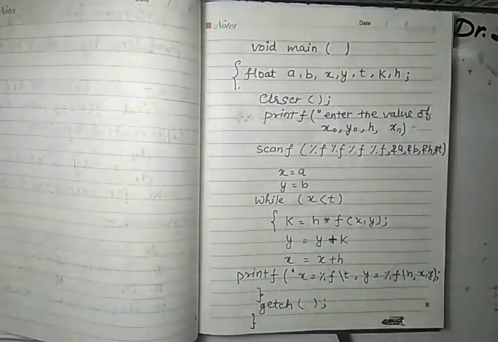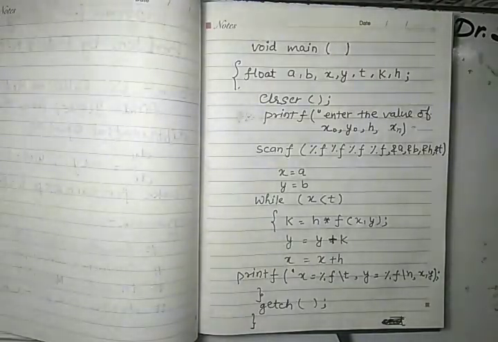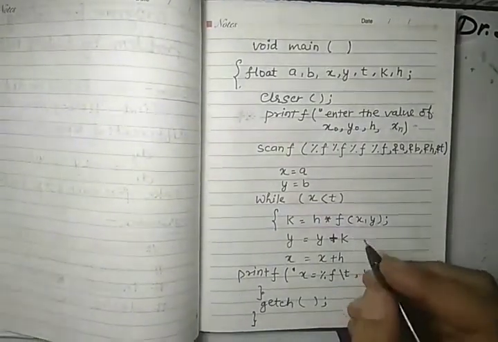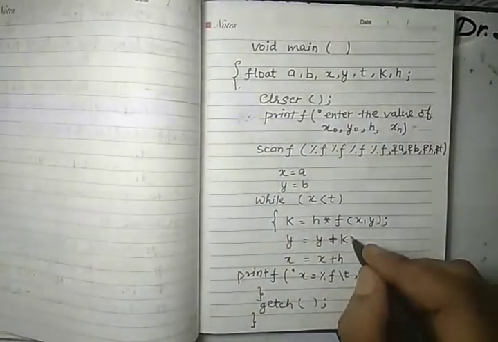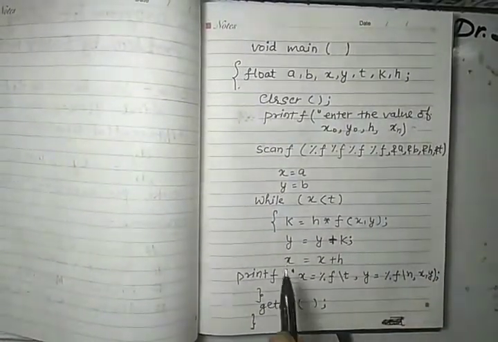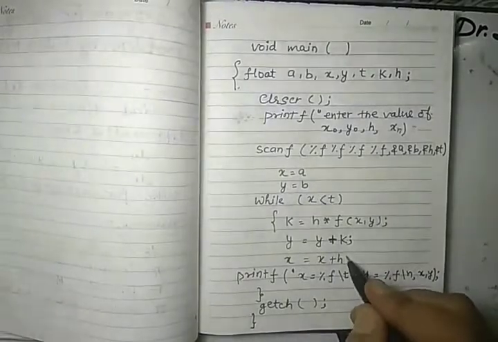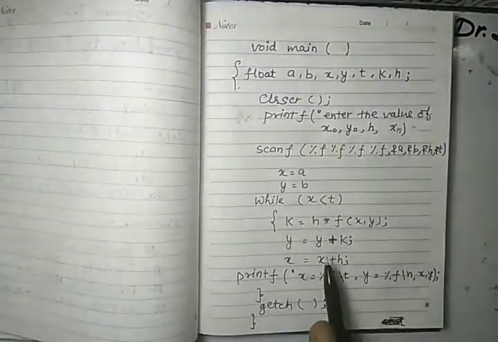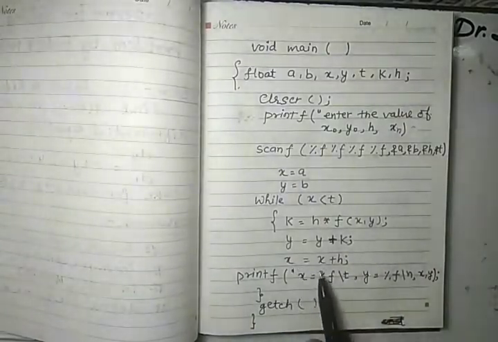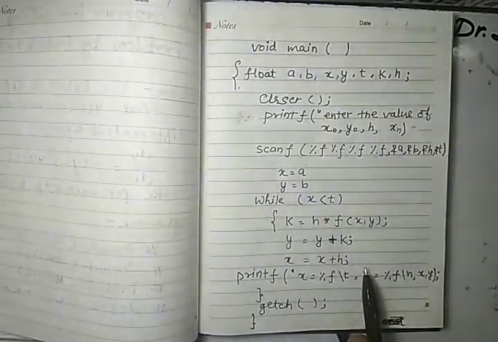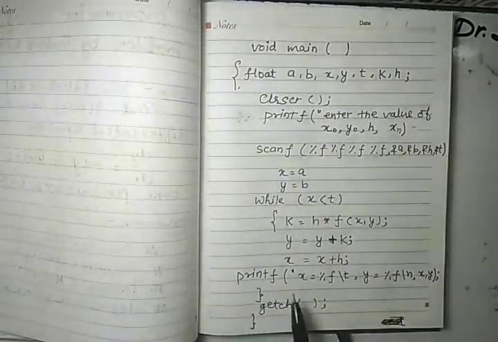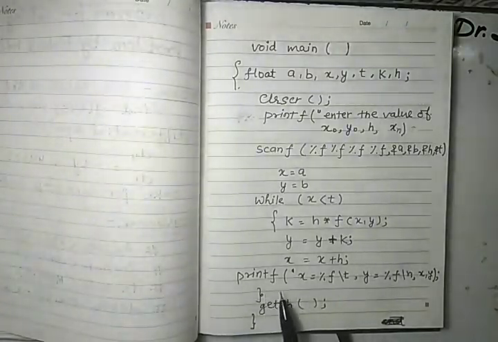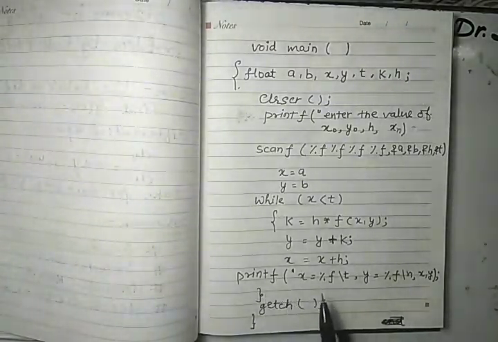When we have some mistake in the program, it shows an error. So there is an error. Here we put a semicolon, that is the end of the statement, and here we put a semicolon, that is the end of the statement. y is equal to y plus k and x is equal to x plus h. And finally we need to print the final outputs.